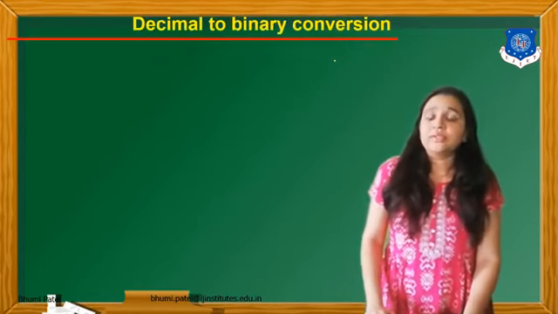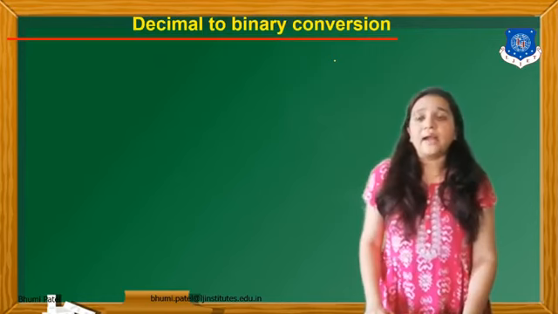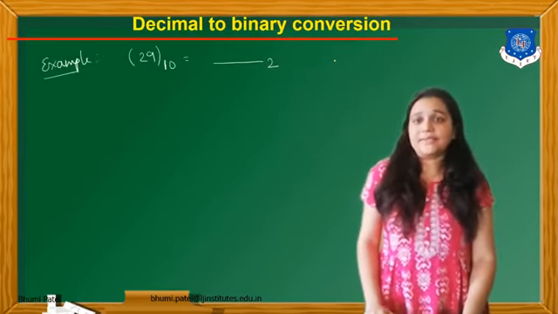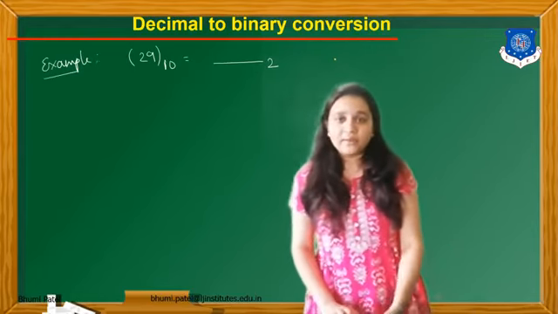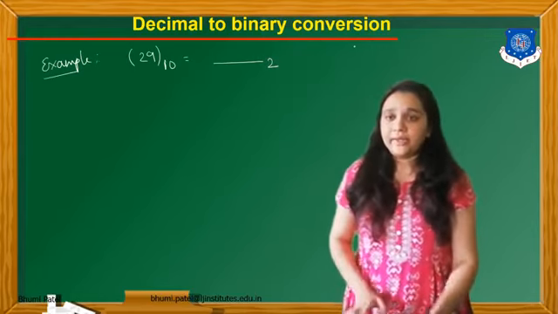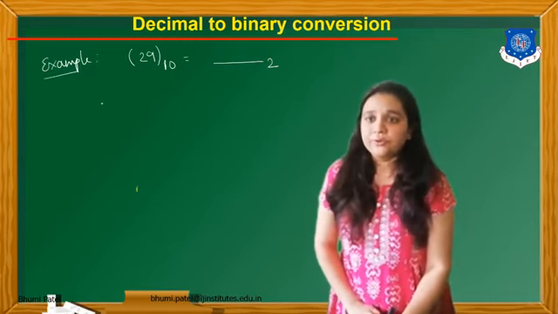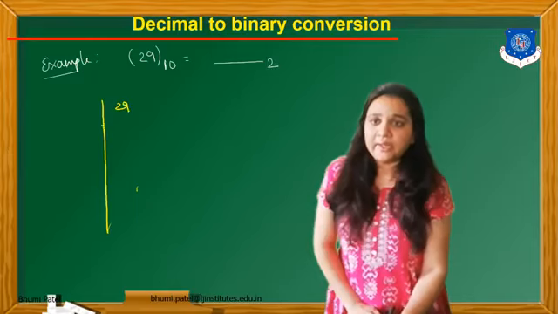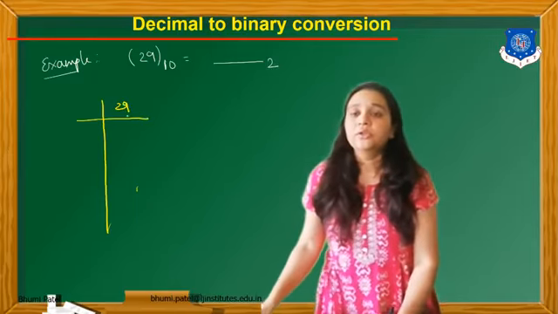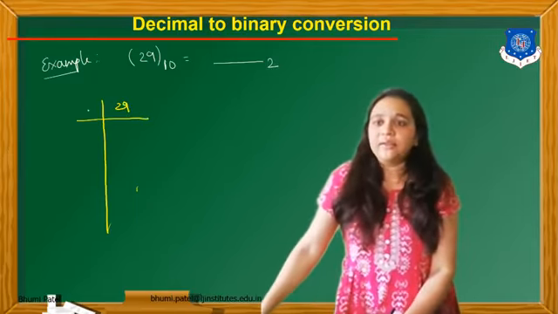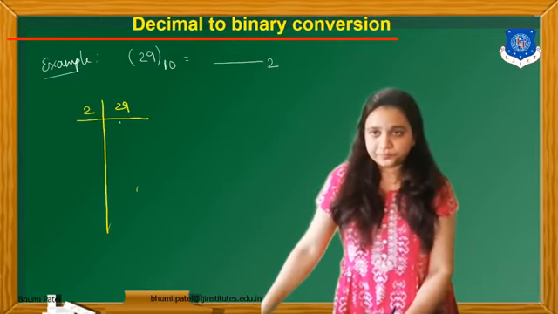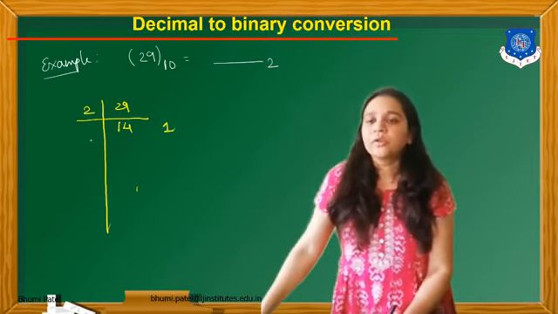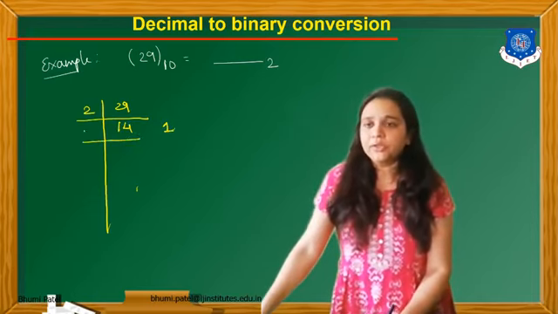Now these are some questions that are asked in the GTO. You have to convert this decimal number to binary. For that, you have to use this formula. You have to convert the number 29 to binary. So for that, you have to divide 29 by 2. So it is 14, and here we have to write the 1.